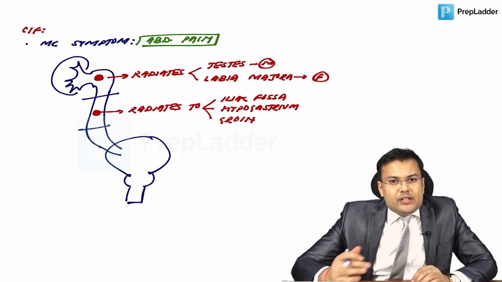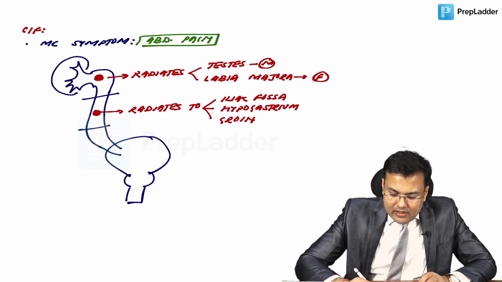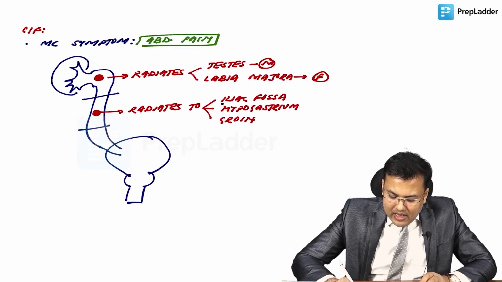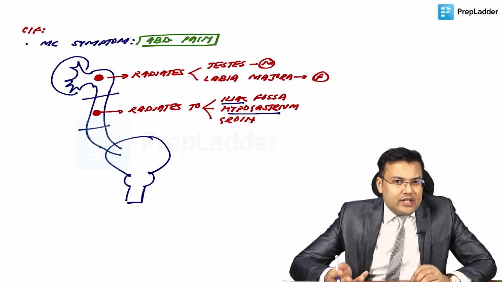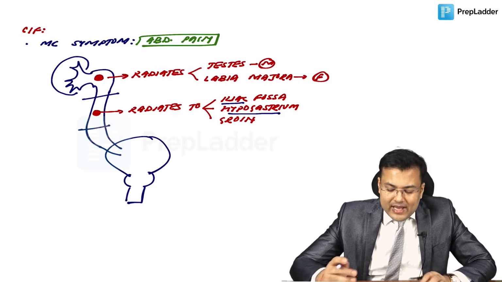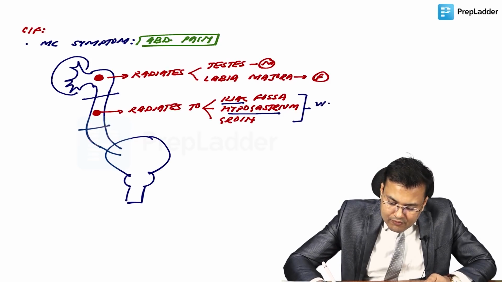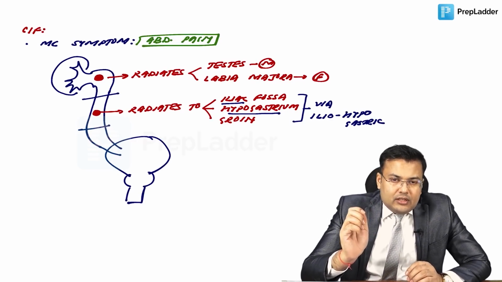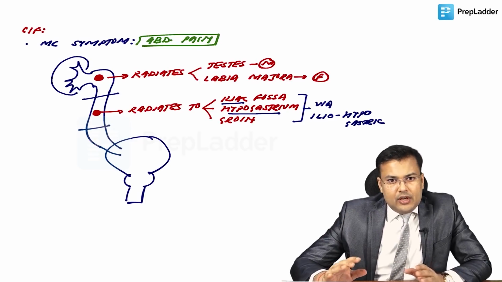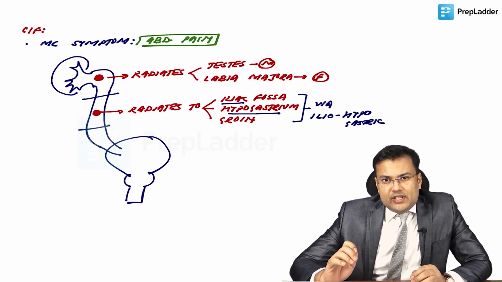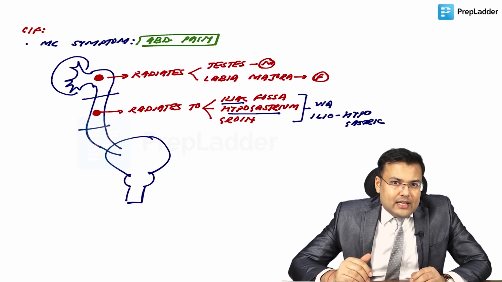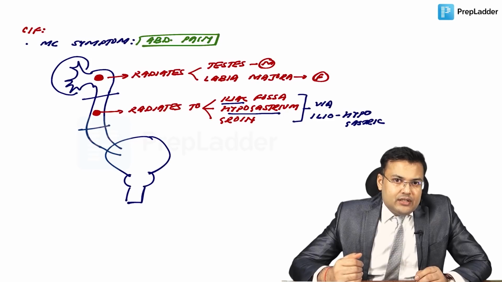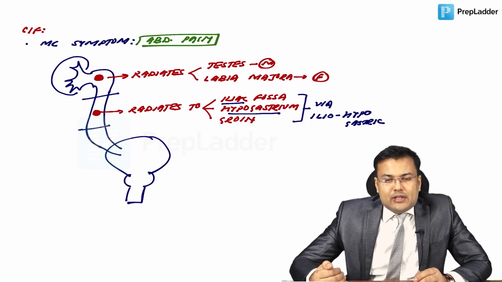So question, via which nerve? So you can see here, and you can easily remember iliac fossa, hypogastrium. So what's the name of nerve? Via iliohypogastric. Simple. Now see, suppose the stone is in the middle 1/3 on the right side of ureter. So in right ureter, in middle 1/3 stone is there. So pain is going to radiate to right iliac fossa, and that's why it mimics which condition? Pain radiates to right iliac fossa, so it mimics